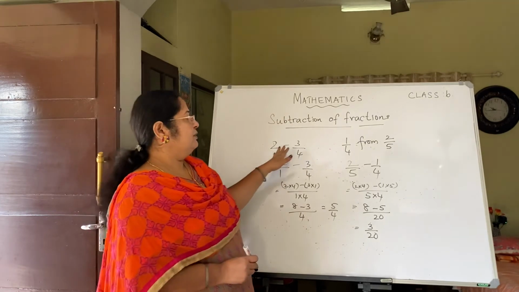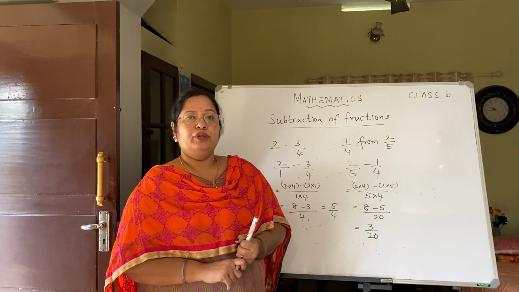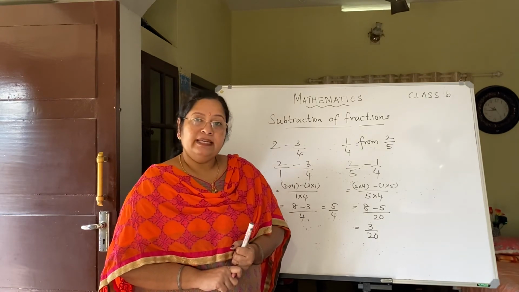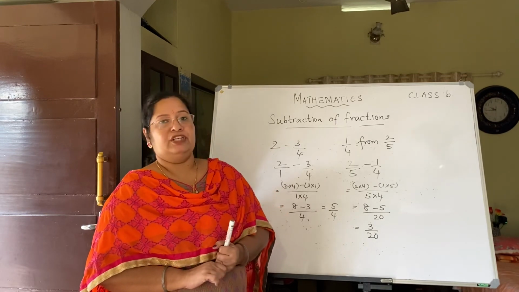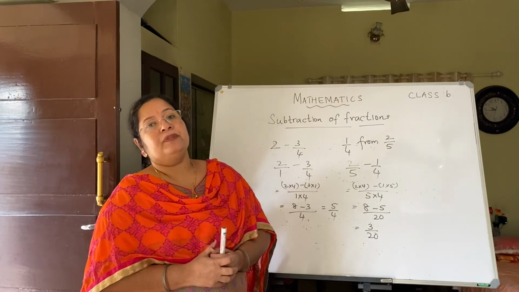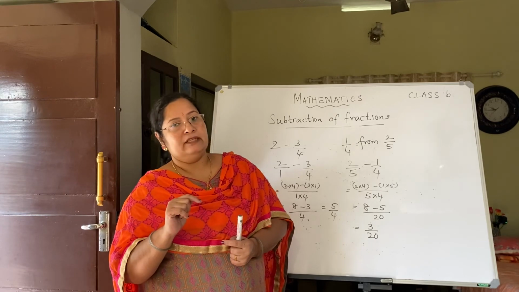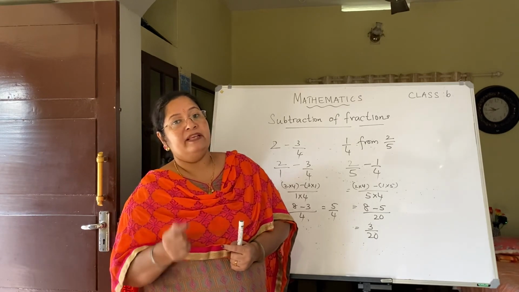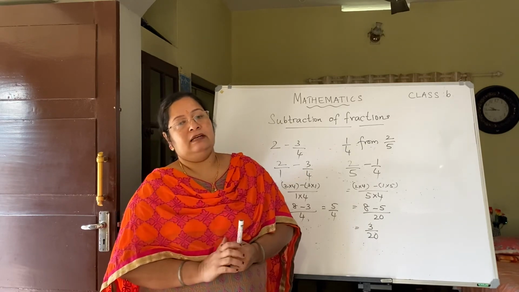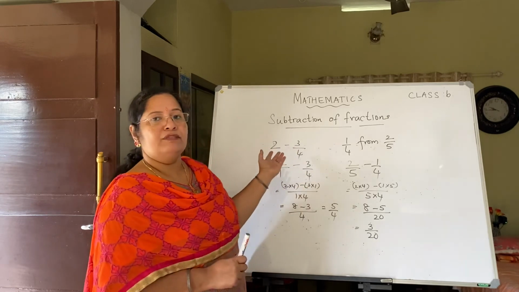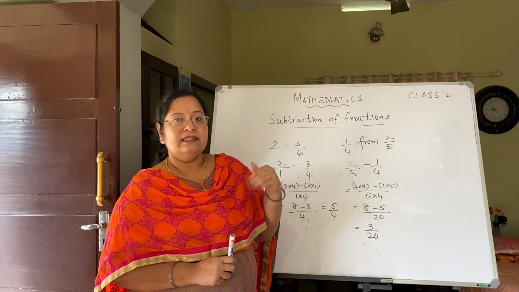So hope you have understood how to do the subtraction of fractions. We have learned the methods. If it is a like fraction, what we do is subtract only the numerators, keeping the denominator the same as that of the like fractions. And if it is an unlike fraction, how to subtract it? The denominator will be the product of the denominators of the given fractions, and the numerator will be the difference of the cross products of the given unlike fractions. And then we have also learned how to subtract a fraction from a whole number. First you convert the whole number into a fraction by writing the denominator as 1.